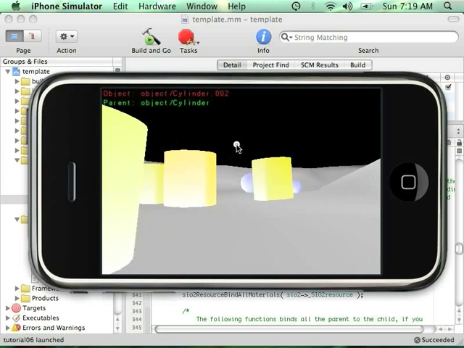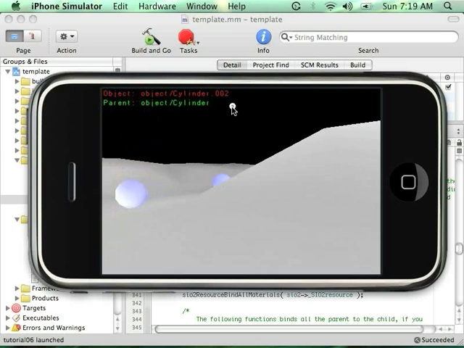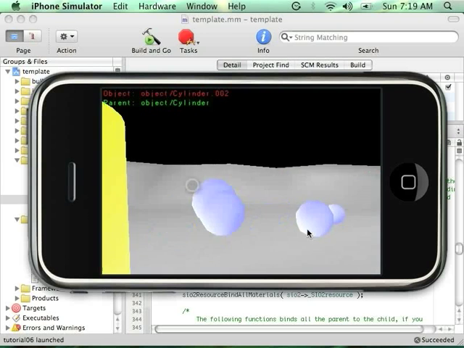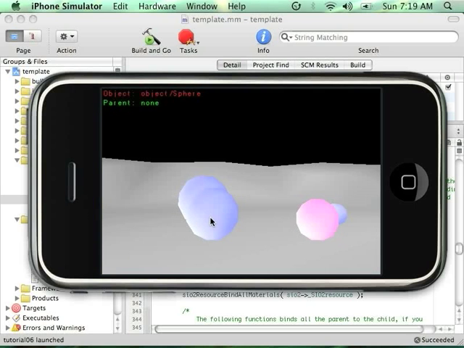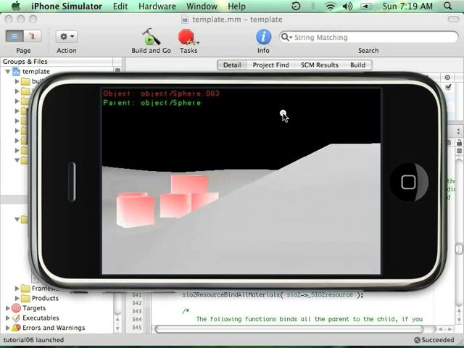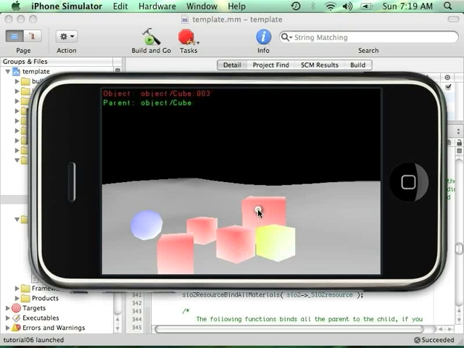I'm using yellow so it's not really clear, so I'm going to go to another one. Okay, this is my sphere, so you can see that it's turning red. If I click on the child, the selected child is red, and I'm able to see that the parent object is the sphere, and this one is in green. The type of picking that I'm using for SIO2 is